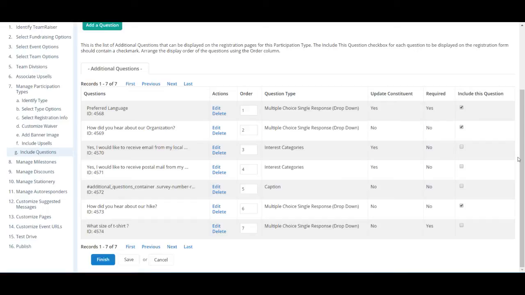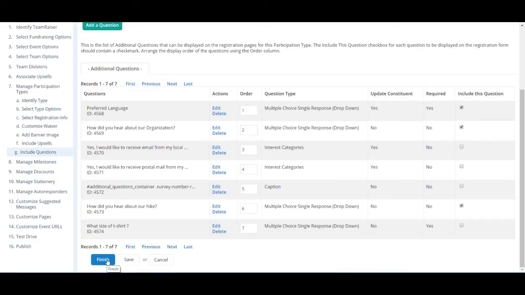So know that this is an option, and anything that you do in this particular area, if you want it to be included in each of your participant types, again, you have to make sure that you come into the different areas, the different participation types, and select these manually. So when you're finished here, all you have to do is hit save and then finish, and it will take you back to your managed participation types, where you can do these steps over again with each particular participation type that you'd like. So I'm going to hit finish, and it will take us back to the next area, where I'm going to show you what to do if the participation type you want is not already in the list